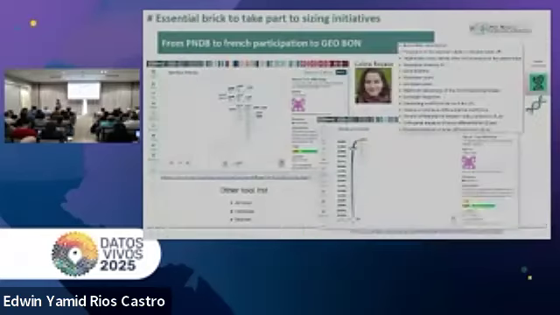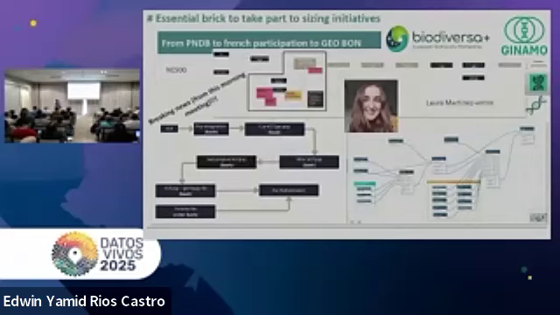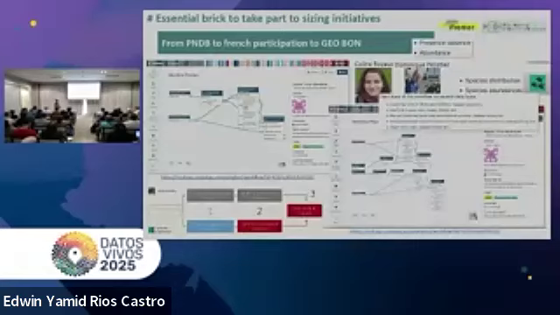And to finish rapidly, I'll show some workflows we have in genetic composition, and news from this morning for the GNAMO Biodiversity Plus project, where Laura is developing Galaxy workflows to produce, for example, indicators.